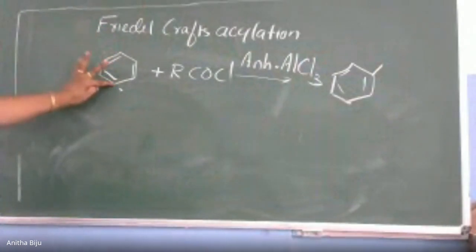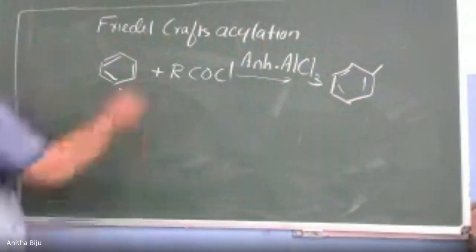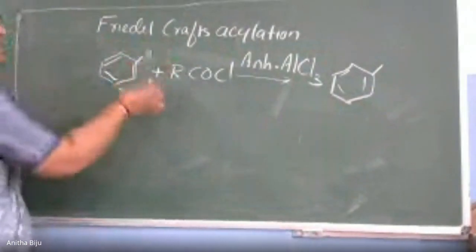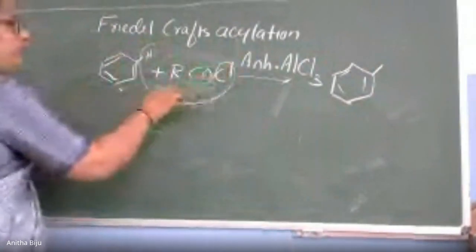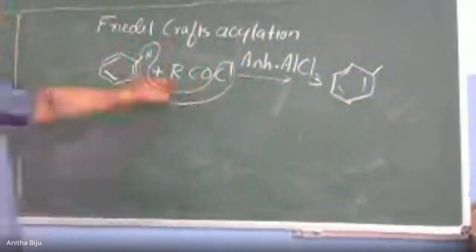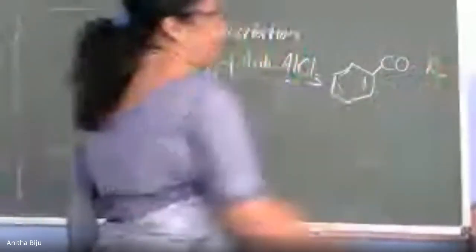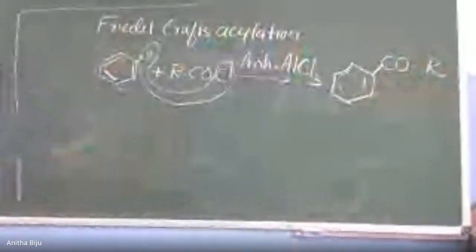Every corner there is a carbon atom and each carbon is attached to one hydrogen. So here also one hydrogen atom is there. That hydrogen is removed along with the chlorine. So this COR group is attached to this particular position. So we get the product COR, and this is a ketone. This reaction is called the Friedel-Crafts acylation. Got it? Friedel-Crafts acylation, and this is considered as the first method of preparation.